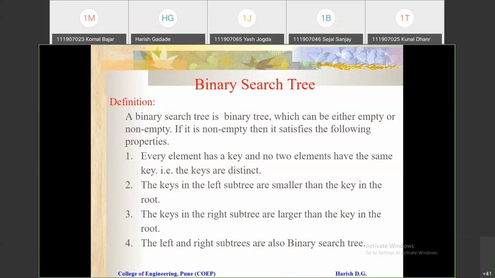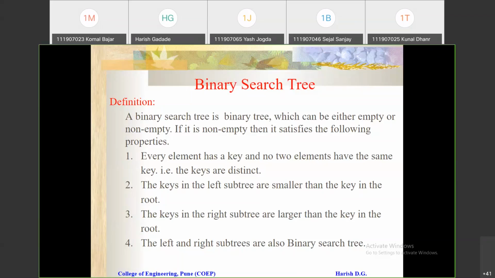Now the second property is that the keys in the left subtree are smaller than the key in the root. I'll first explain with an example, but I'll read these properties. Whatever the left subtree is, it will have smaller elements than the root element.